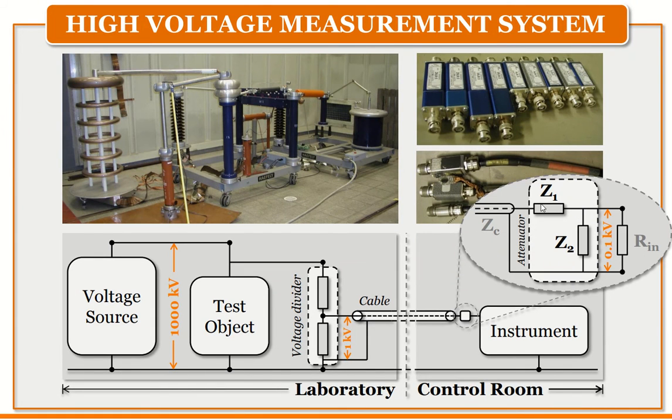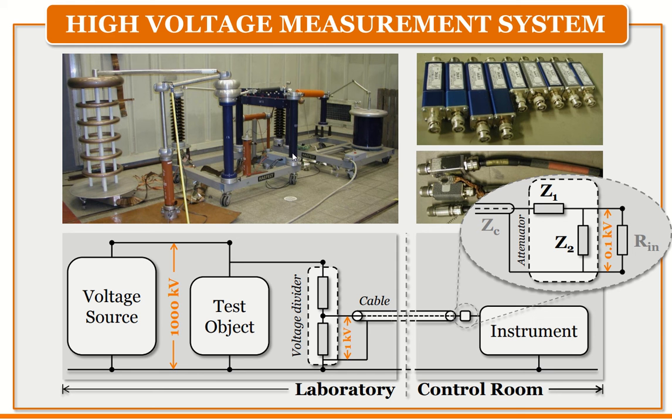So this is the high voltage measurement system, the one in the Aalto University. Same as the UNIMEP, we have two parts: the laboratory, and the second part, the control room. Normally the control room is controlled by a competent person, so they can adjust the input, and they can monitor the output voltage from the injected voltage.